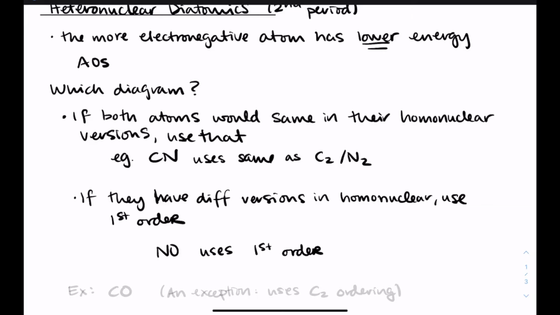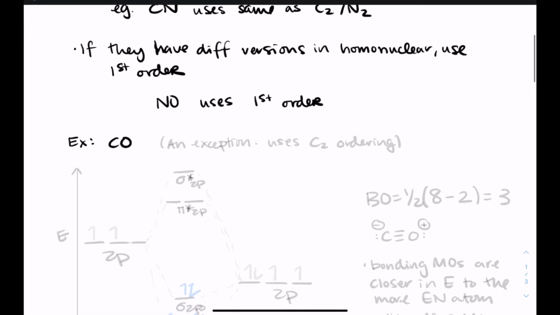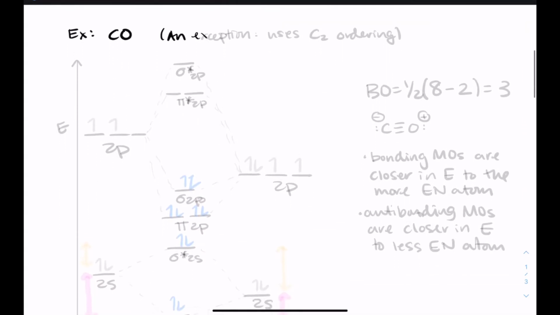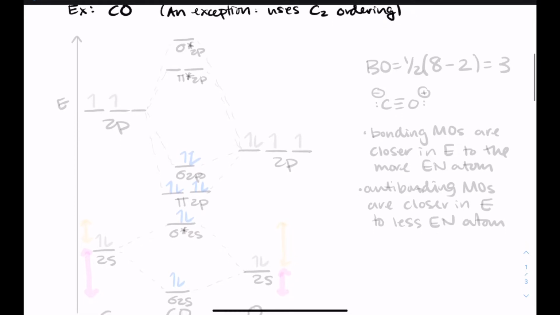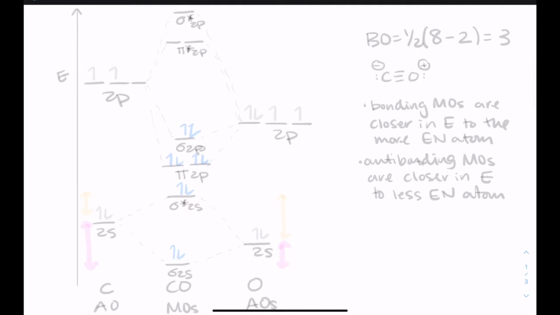Now, there are, of course, exceptions. If there's an exception, I will tell you that it is an exception. Now, I might not explicitly say this uses second order or this uses first order, but you will have enough information if it is an exception. So, as an example, carbon monoxide is an exception. The way that I would tell you that is that I'd probably say something like it uses the C2 ordering,